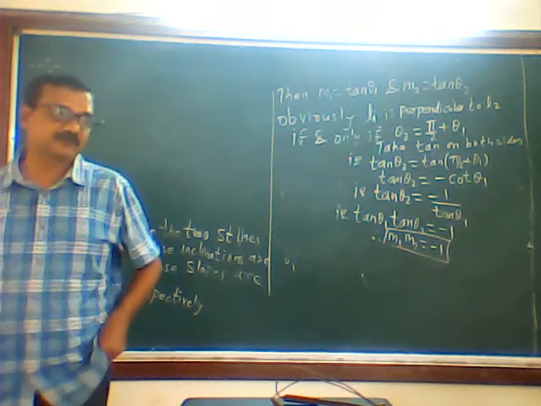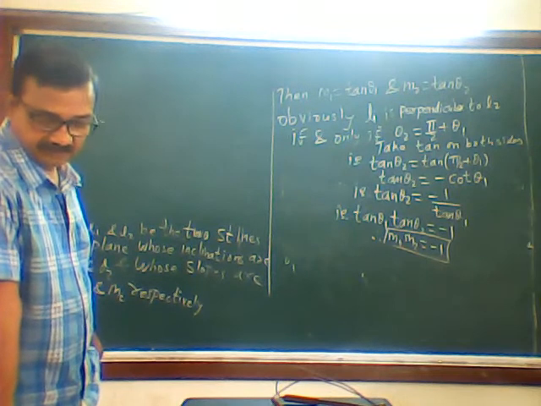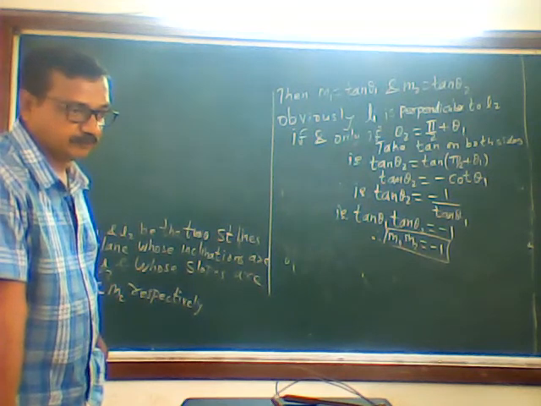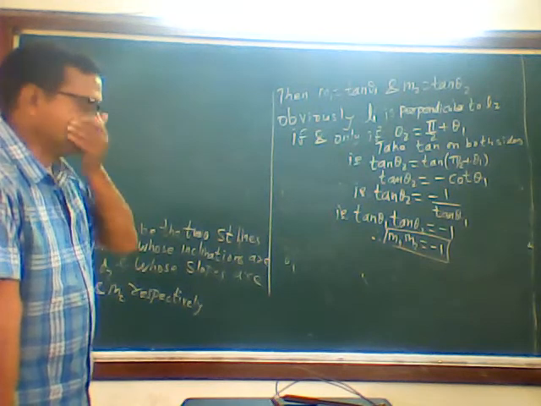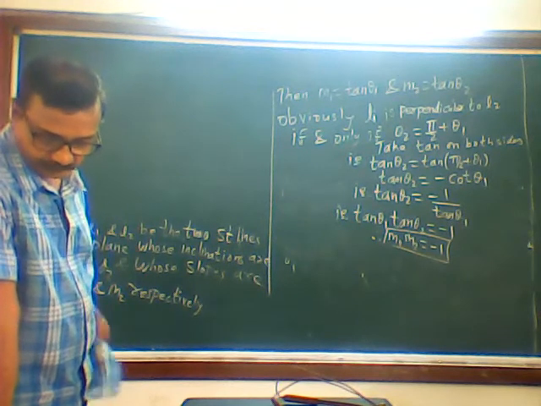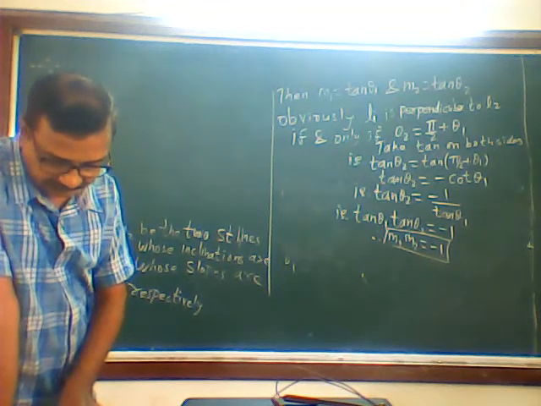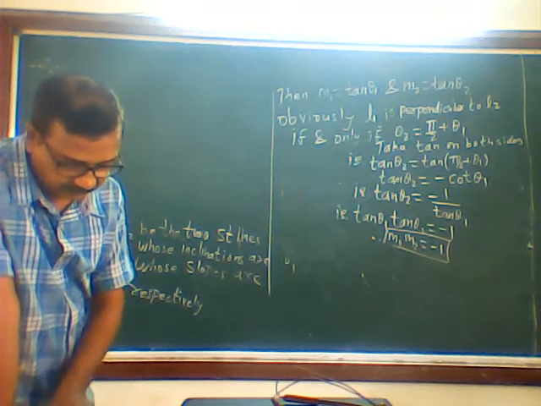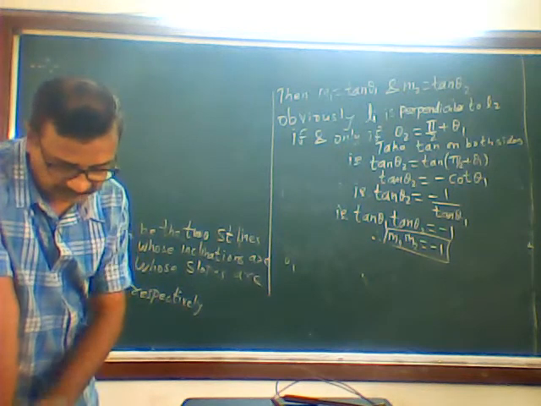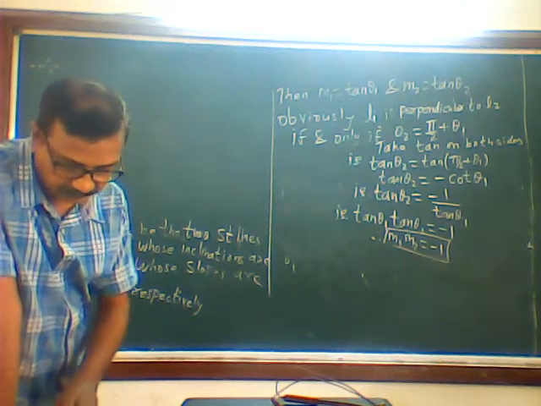The product of their slopes is minus 1. That is what I said initially. Two lines are perpendicular if and only if the product of their slopes is minus 1. So, M1 into M2 is equal to minus 1. Got it? So, these are the two things. After that, point of intersection is there. We will do the problems on this, then we will go to point of intersection. Point of intersection, I will not tell you theory directly, we are going to solve the problem. Theory we may not understand.